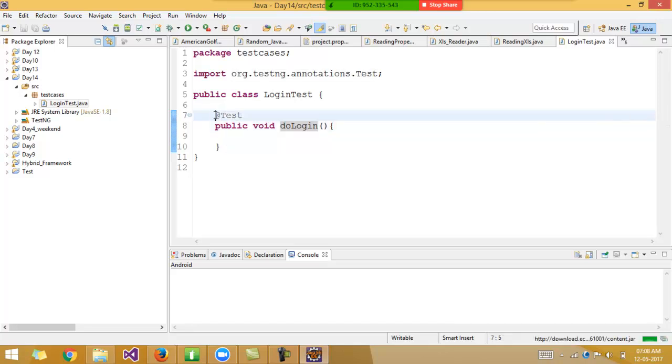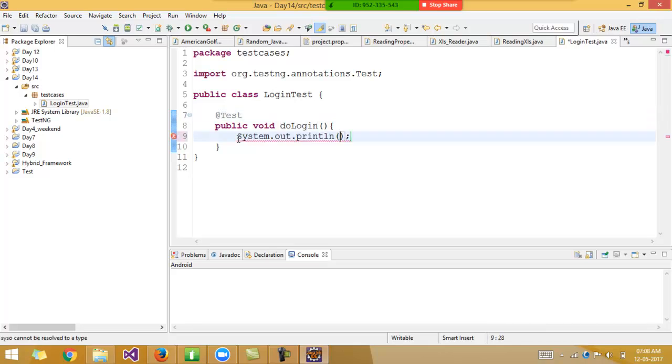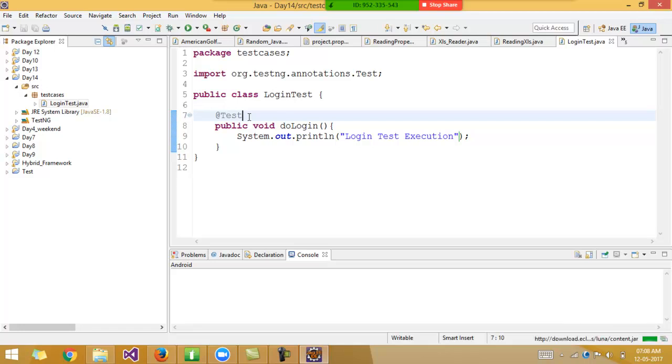Now this becomes my test case. Inside it I can type login test execution, anything. You can write your Selenium code inside this test annotation. There is no main function. There is no main function in TestNG. When you run this code,